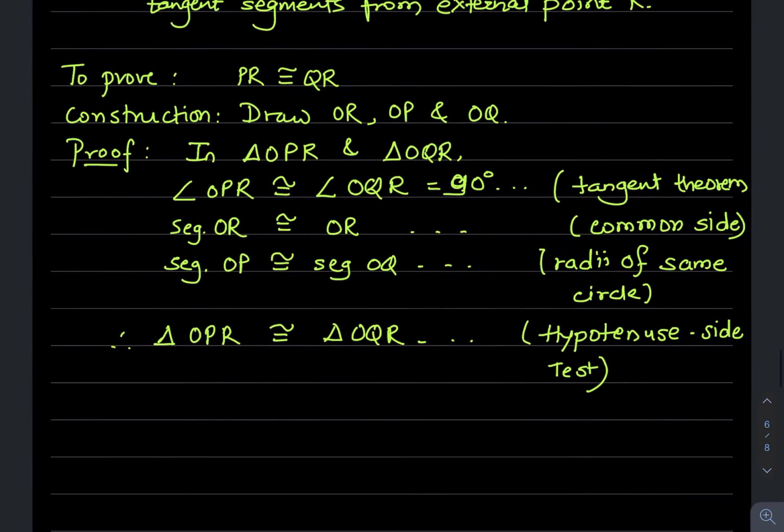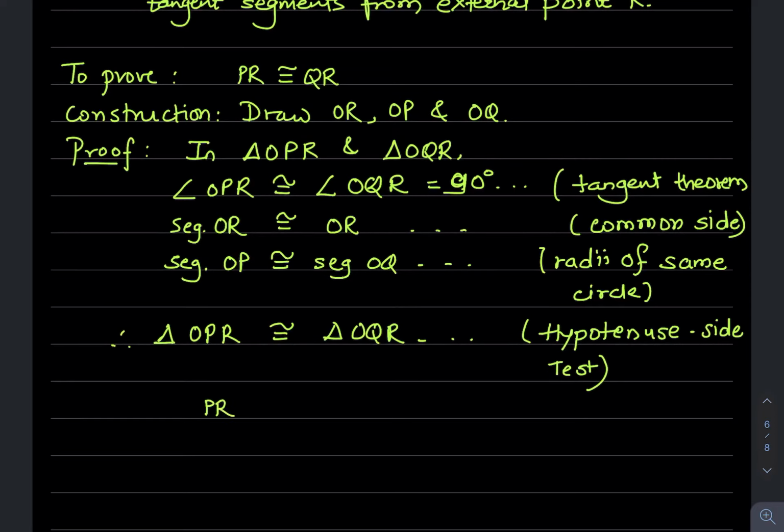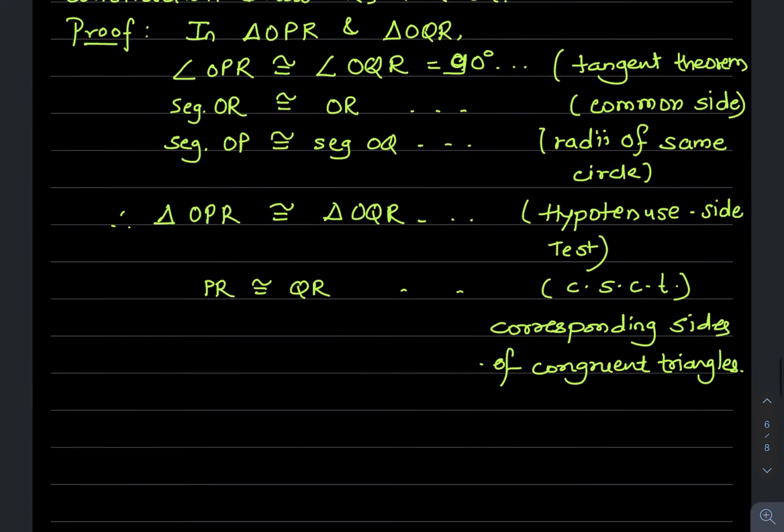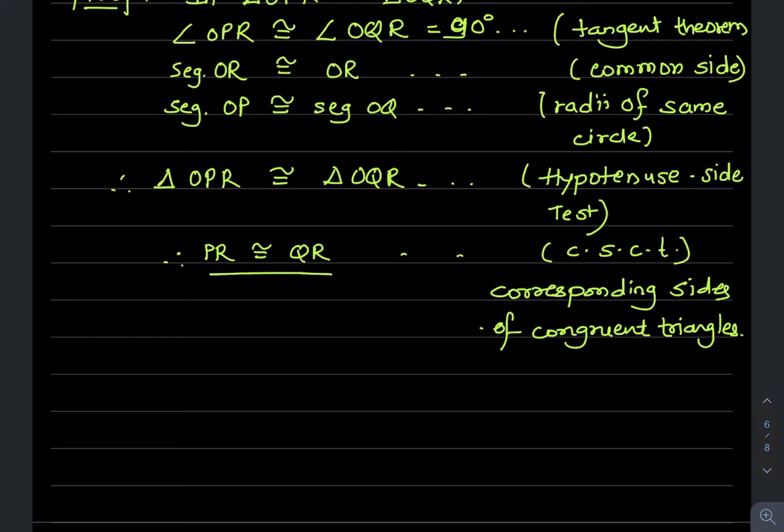So now we can say PR is congruent to QR because of CSCT, corresponding sides of congruent triangles. So here is the end of this